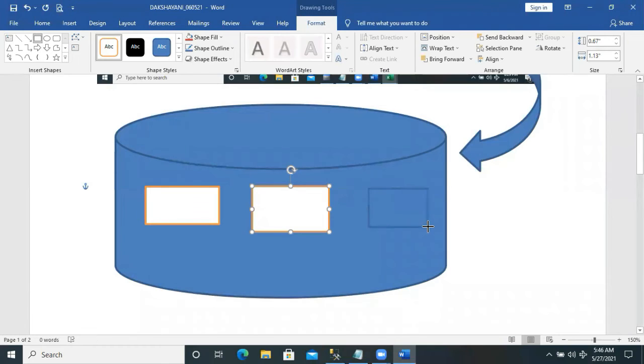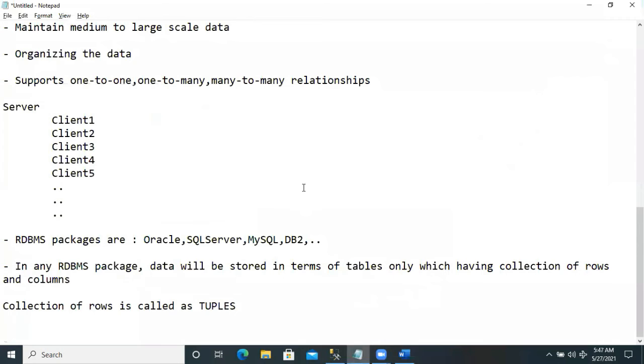So to create our own databases and create the database objects, first of all, I should connect to the server. I should establish the connection to the server. Then only it is possible to create our own databases and create the database objects and work with all the data. Friends, so to connect to the server,